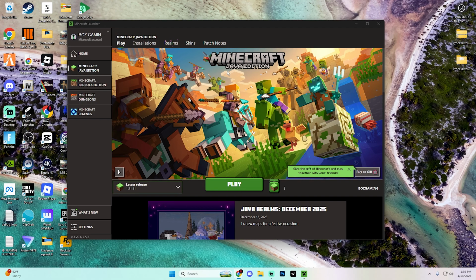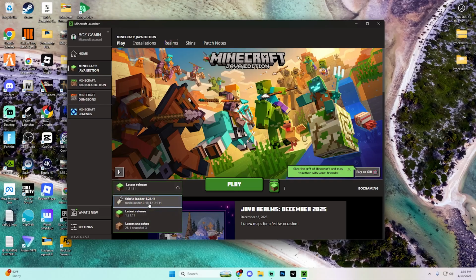First things first, if you have the error window open, go ahead and close out of it and check your Fabric Loader version. Mine is currently set to 1.21.11, which is obviously going to be incompatible with whatever the Minecraft version might be. You're going to want to make sure that your Fabric Loader and Minecraft are the exact same. And if you want to keep your mods, essentially all you need to do is just update the Fabric Loader